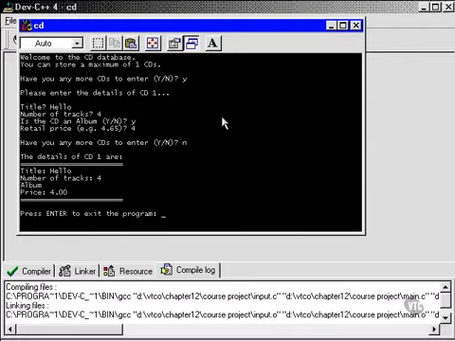So, the program is still working the way it always worked, even though now it has been split up into four .c files. How did you go? Did you get that